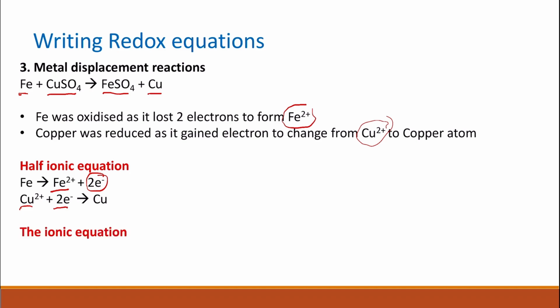And the ionic equation, adding these two together, the two electrons on both sides will cancel each other out, and then we end up with the iron plus copper 2 plus to give you the iron 2 plus and the copper. Again, the sulfate ion was not written in the ionic